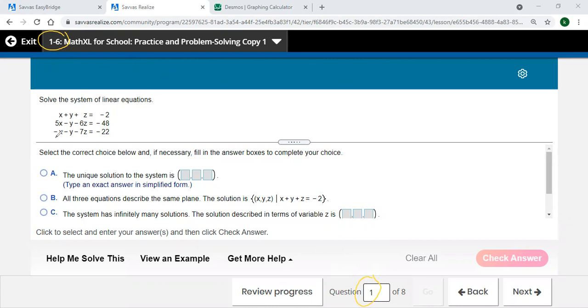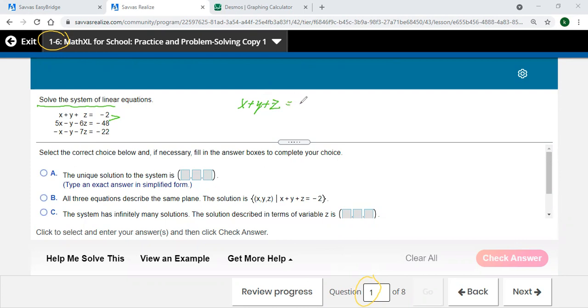So we have the system of equations. All a system of linear equations means is these are all linear. They just have exponents that are a 1 on all those variables. And we're supposed to solve this. And so to do that, I prefer the method where you combine two equations to try to get a variable to cancel out. So if I take these first two equations here, the top one, x plus y plus z